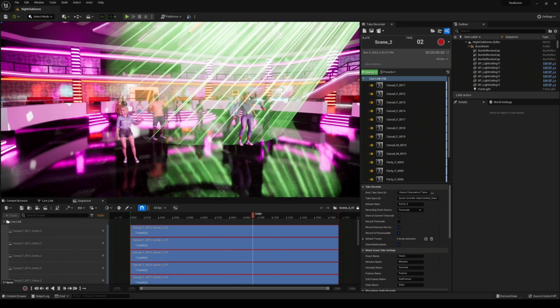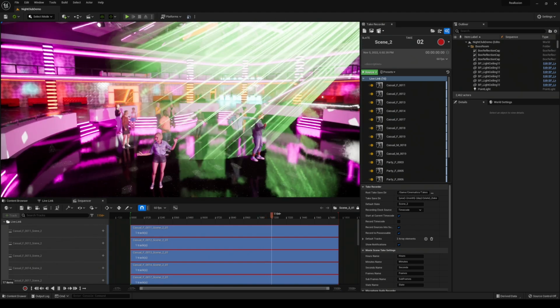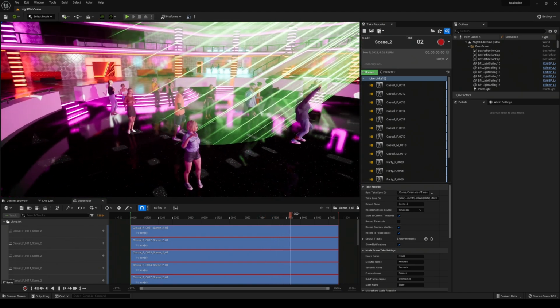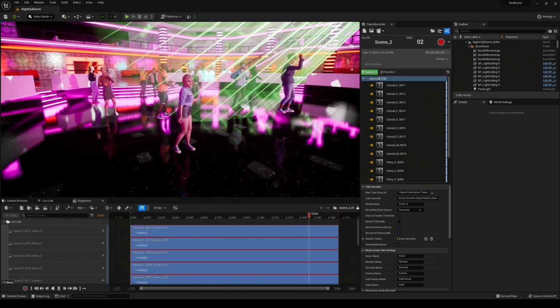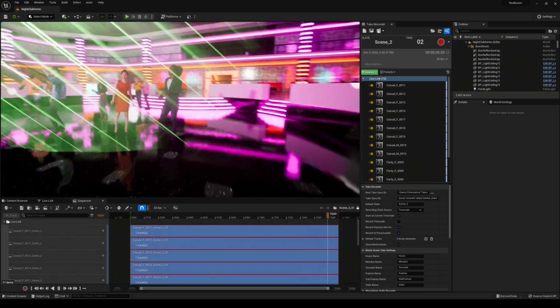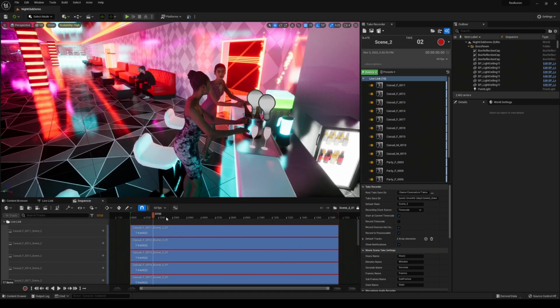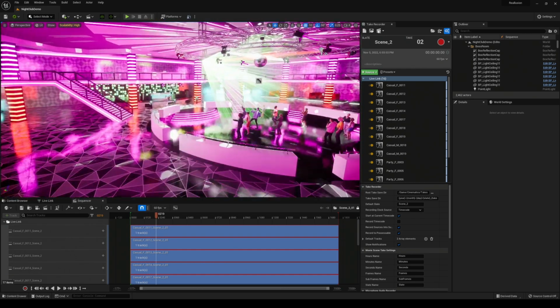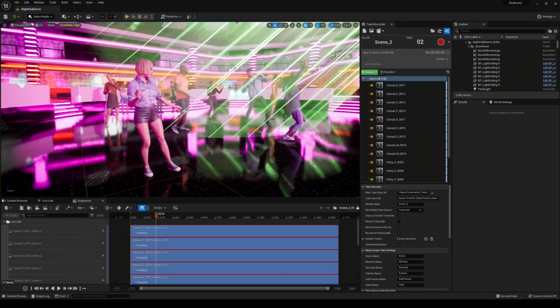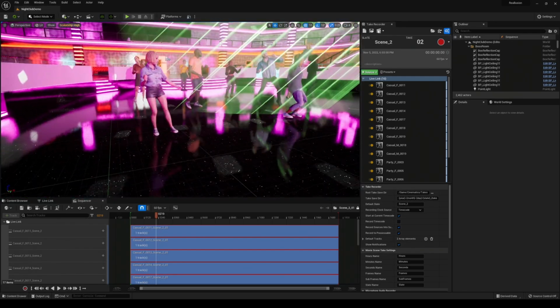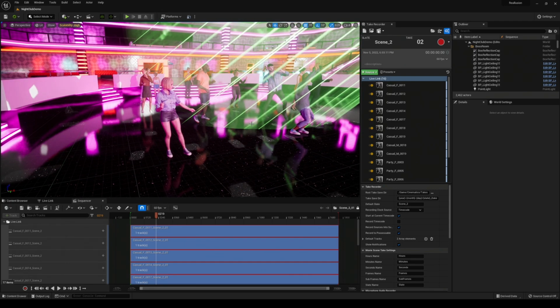This method is pretty darn insane. It's going to speed up your workflow if you have a similar workflow like I do, because this is pretty incredible. And if we look back here, obviously we didn't actually loop them, but you can see that we still recorded their animations back here. That's pretty crazy, and that is pretty powerful. Being able to import all of the characters into Unreal, animating them, and then recording all of them all at once. Okay, so that's pretty much it for this demonstration, but what we're going to be talking about next is